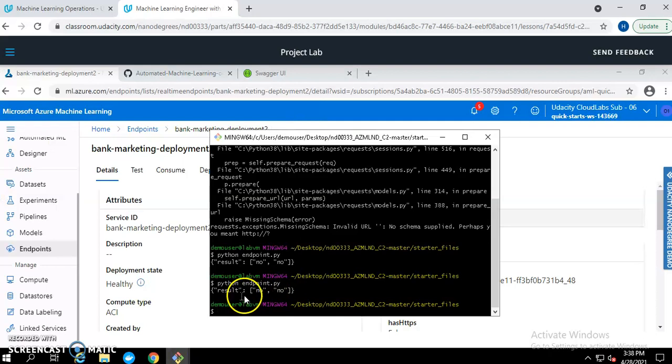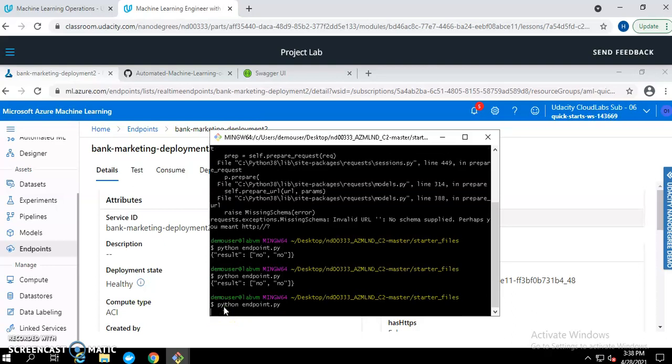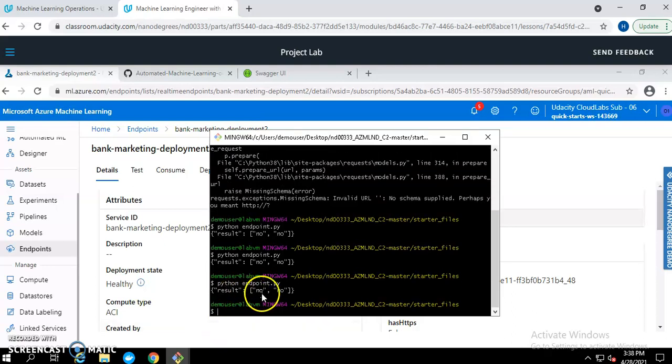So now I am running my python endpoint.py. If I am executing the script, I am getting results in JSON format.